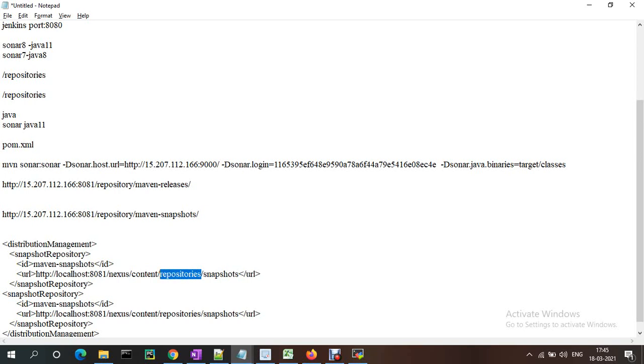So there are two types of repositories, one is snapshot and one is release. To differentiate that, here maven snapshots, wherever snapshots is there, this is the URL.